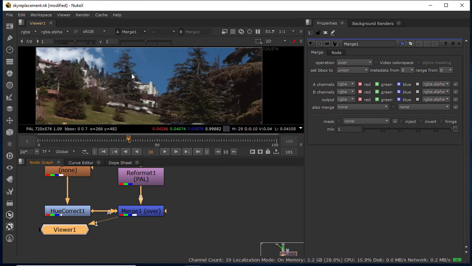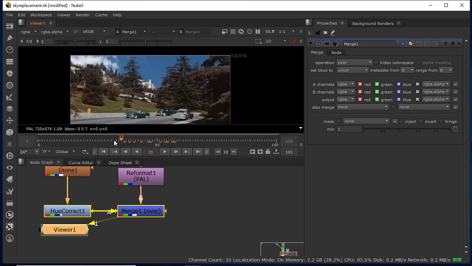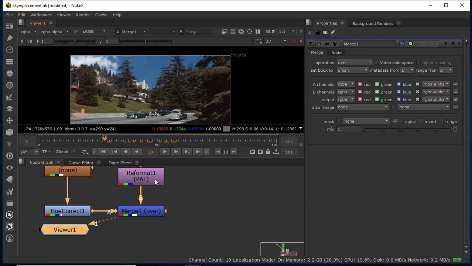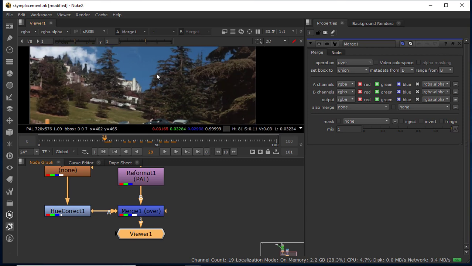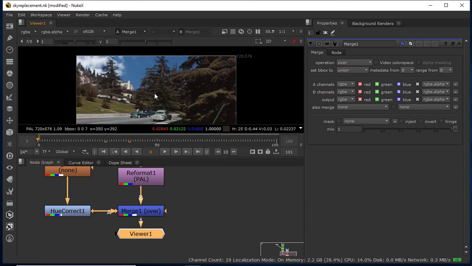I think this is looking good. If you play, you will see the sky is not moving, so this is your temporary composition. I just want to check whether these trees look perfect on this sky or not. Till here, simply save your project, Control S.